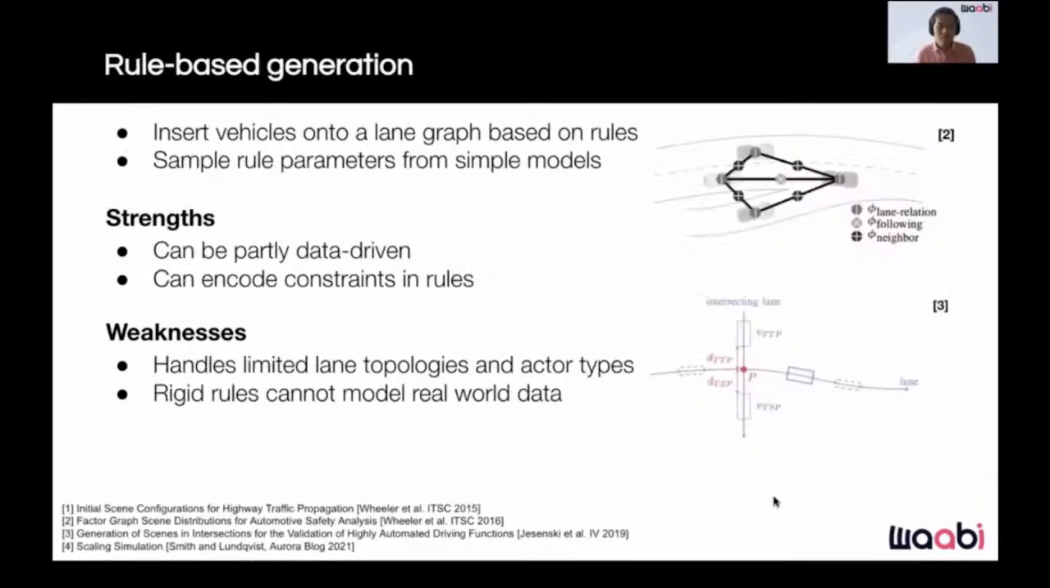A more realistic approach is to use rule-based generation to insert actors into the scene according to its road topology. For example, given a lane graph of the scene, we can insert vehicles in the middle of each lane according to a set of rules that govern things like minimum bumper-to-bumper distance between two vehicles or their minimum time to collision. In addition, we can also sample concrete values for these rule parameters from a simple learned model. This approach is partially data-driven and allows us to encode constraints in the generation rules. However, it typically handles a limited number of lane topologies and actor types only, and it uses rules that are generally far too rigid or models that are far too naive to capture the